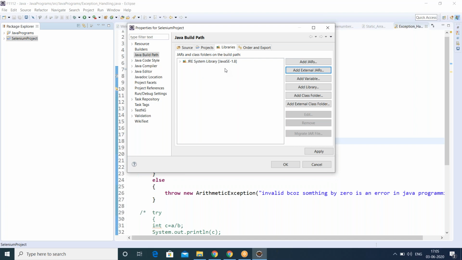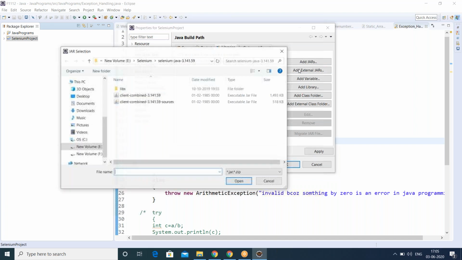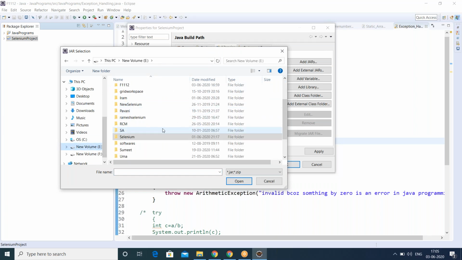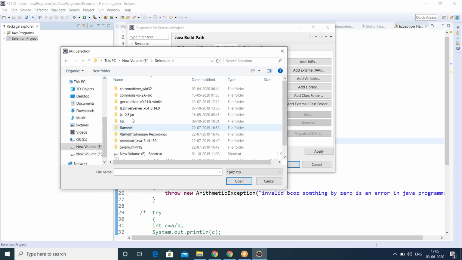Whatever WebDriver jar files we have, we are going to add those jar files to our project. Click on Add External JARs and open the folder we have downloaded, the Selenium Java folder.